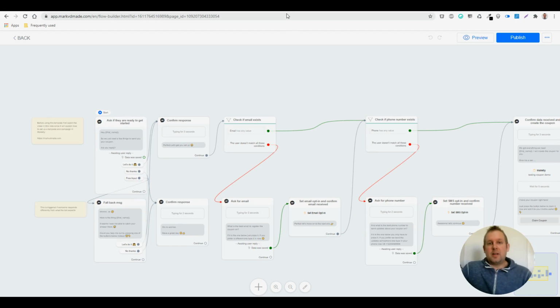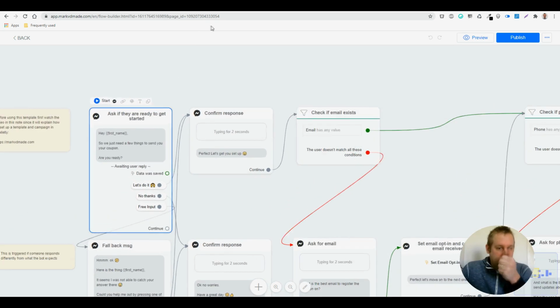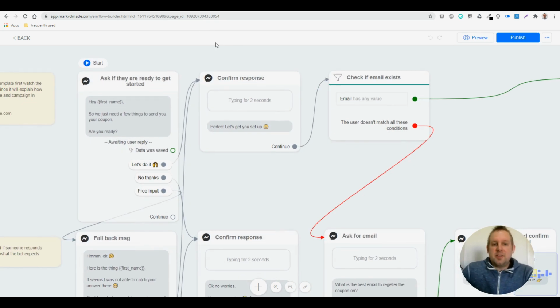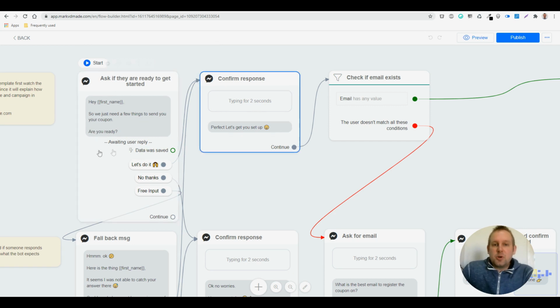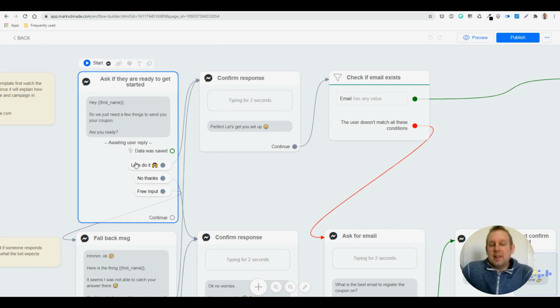So we are now ready to create our coupon inside of Chatrace. The way to do this is, I already pre-created this flow, but I will walk you through it. The starting step will be to ask if they want to get started, yes or no. So they can enter this by scanning a certain code, or you can enter this by sending them a ref URL